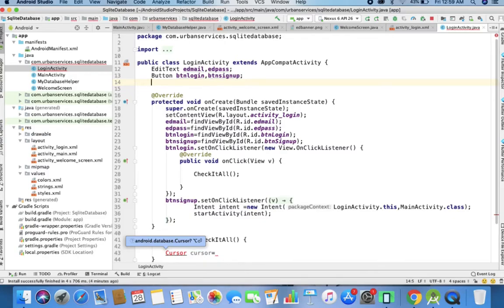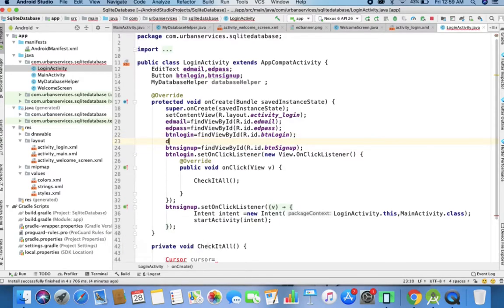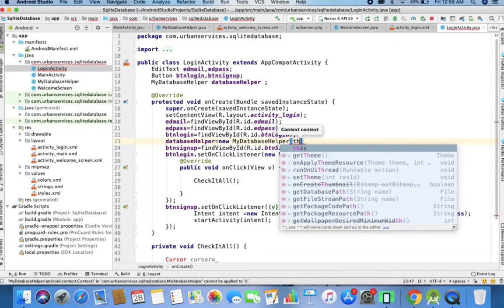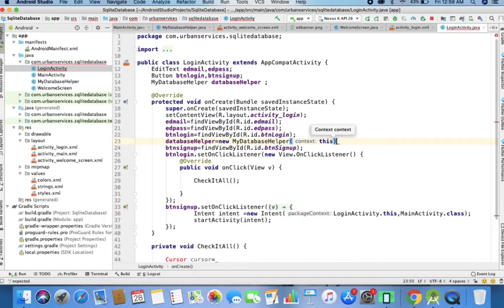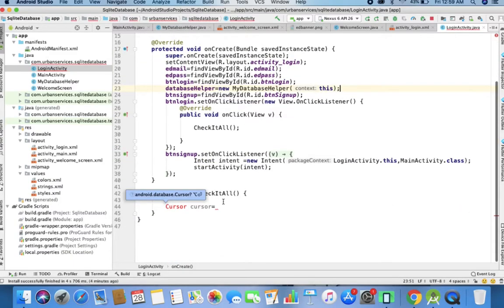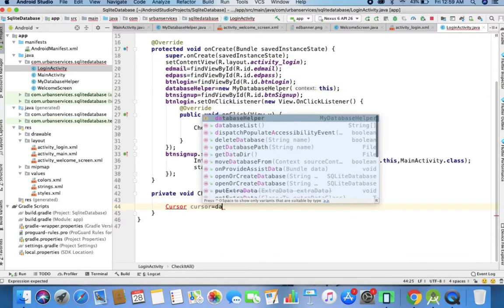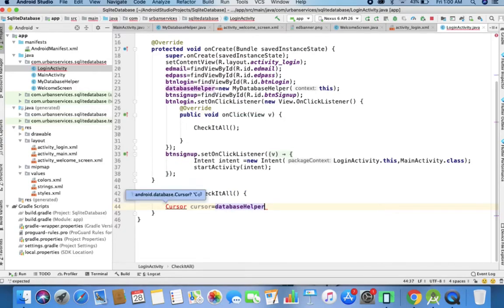So this is my database helper. The database helper object has been created. Let me initialize this object with the help of database helper equal to new MyDatabaseHelper and then pass this. So this is done. Then I come back into this one, and then with the help of that database object, database helper dot